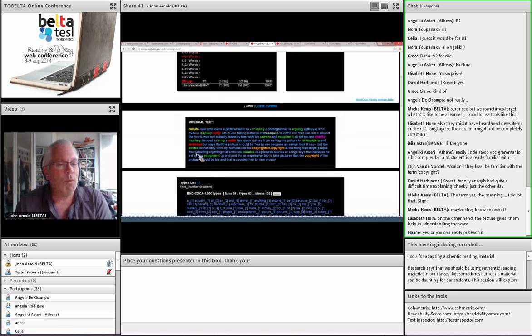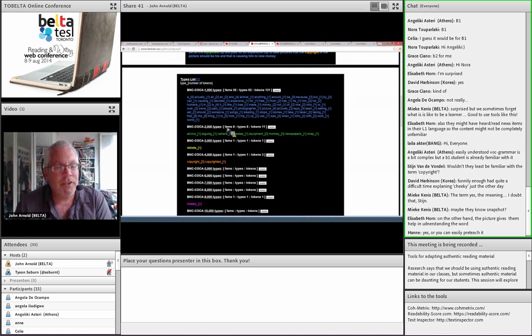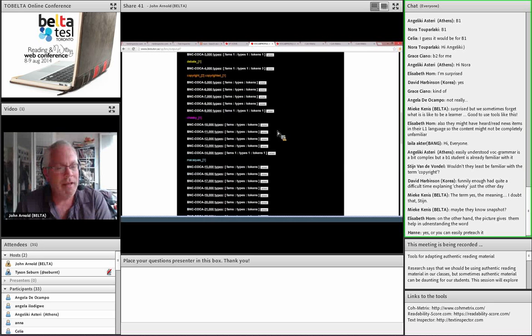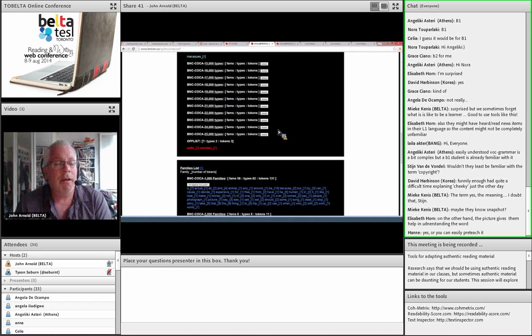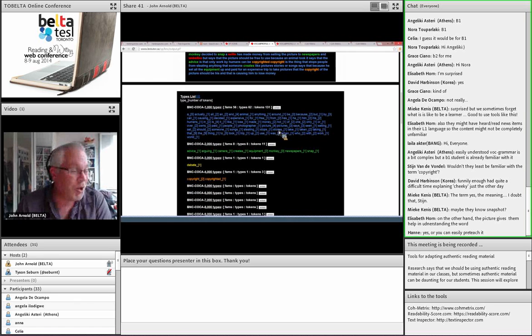And then there's only one other word, the word debate, which again, they may or may not know. You have to decide that based on your own students. So it color codes the text, and then it actually lists for you all the words at the different levels, so you can see them. So it's a really nice tool, and my students like this tool because, partly because it's color coded,